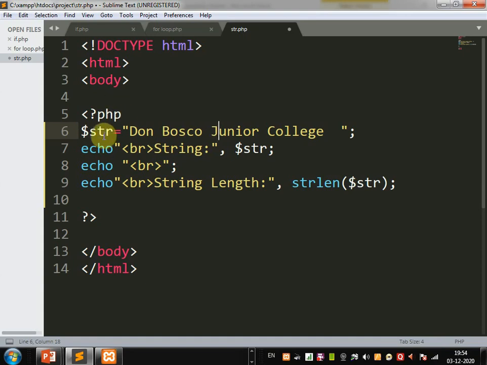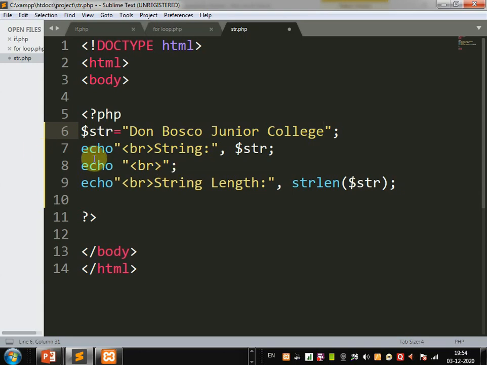In PHP you use the dollar sign with the variable to define it. Once this string is defined, you can use it in string functions. So the first function is to find the length of a string.